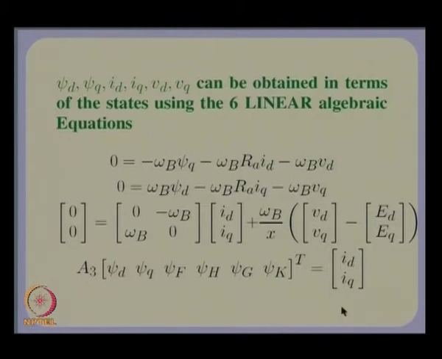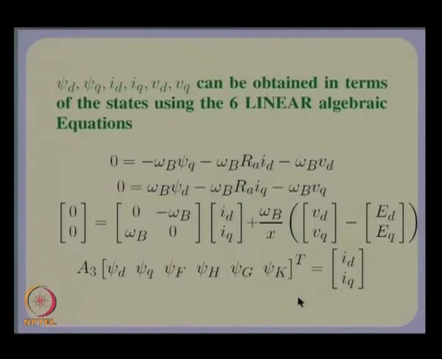Omega in fact does not appear here because we have taken omega approximately equal to omega b, but delta appears in this ED and EQ term, and of course, psi f, psi h, psi g and psi k appear here. Okay. So, this is how we obtain all the equations, a mixture of 6 differential equations and 6